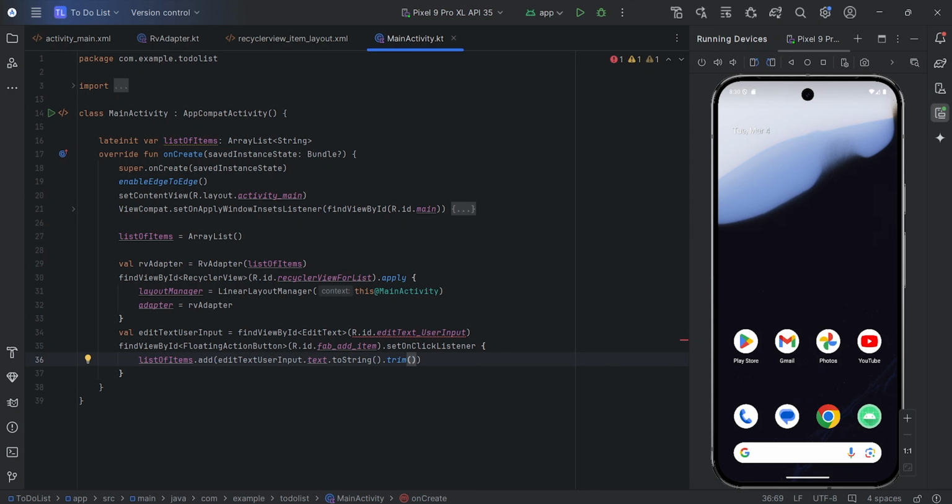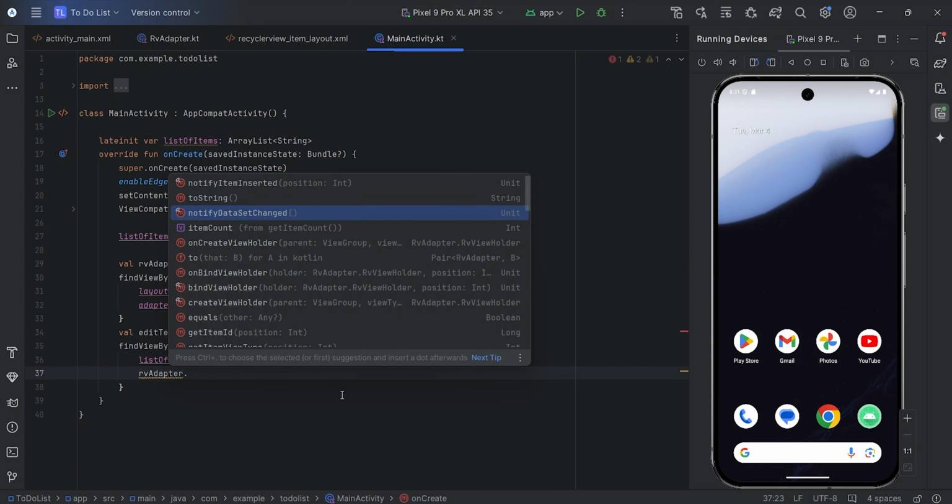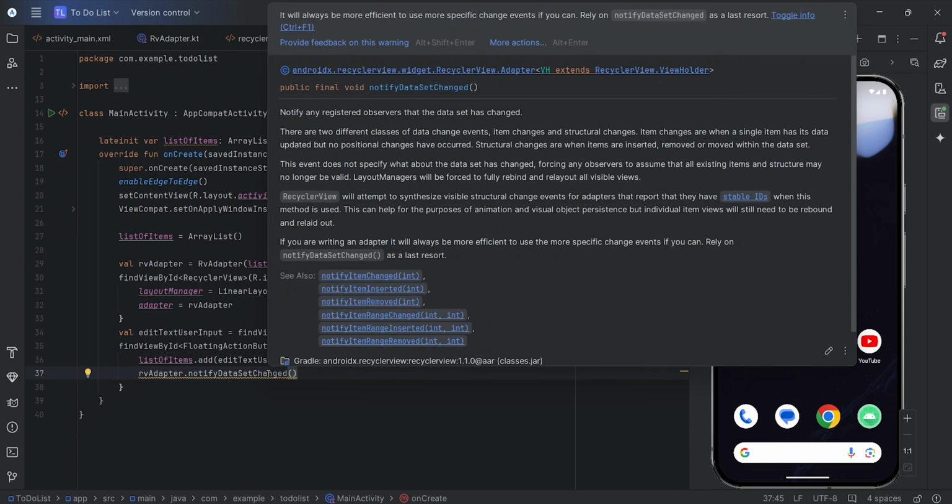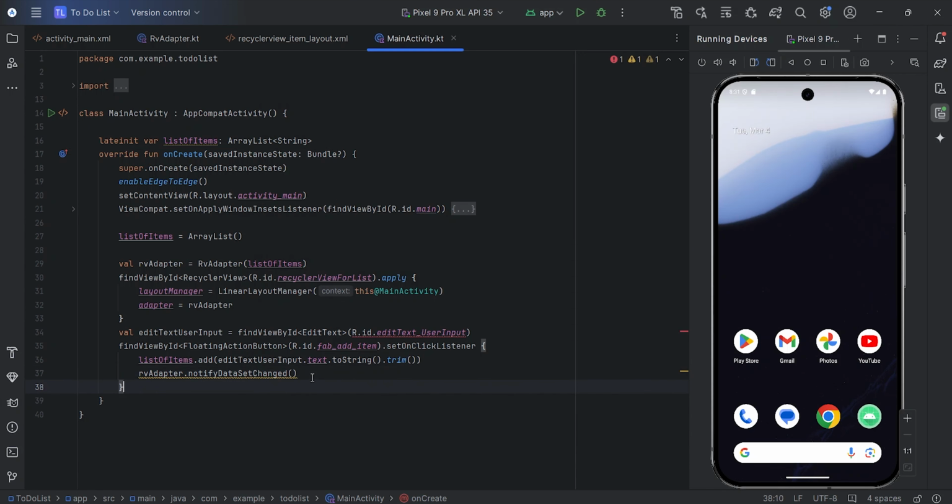The reason behind is, we are not letting the adapter of the recycler view know that we have added an item. How to do that? Again, as I told you in our previous video, the RV adapter needs to be notified. We can use notify dataset change, but again, the Android documentation is not recommending that we use it. Only if it is the last option available, then only we should use it. As of now, this is not our last option